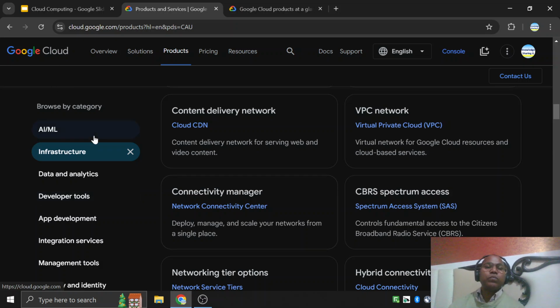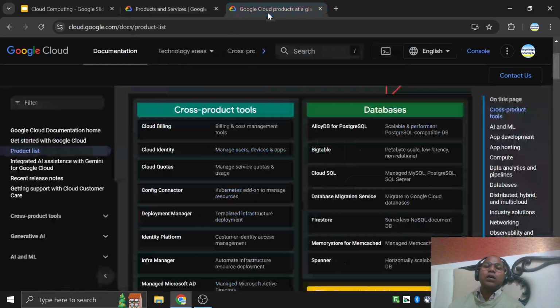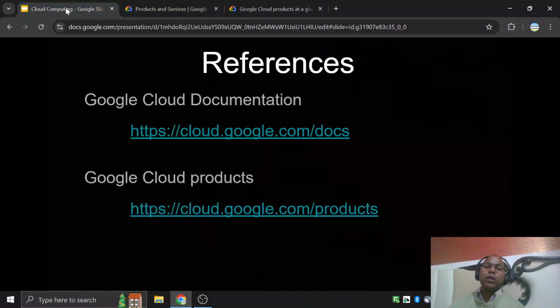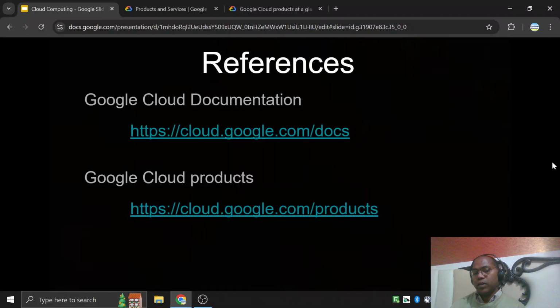So here, please follow the official Google documentation center. Whatever I learned is from the same documentation center, and there is nothing new I'm going to talk about here.